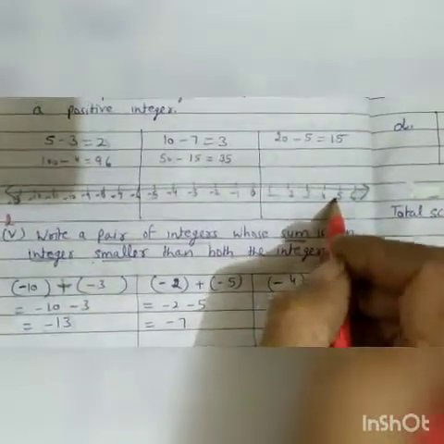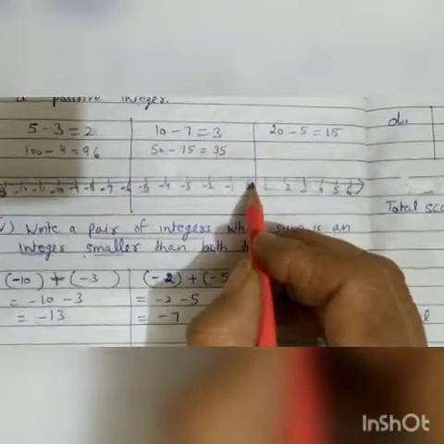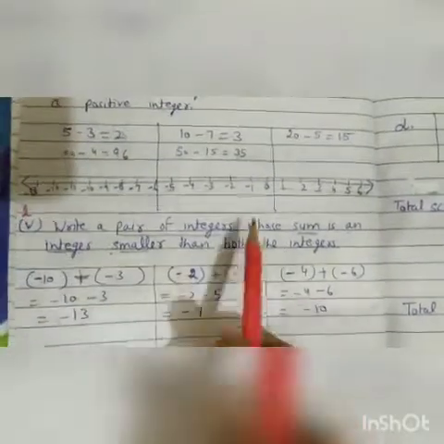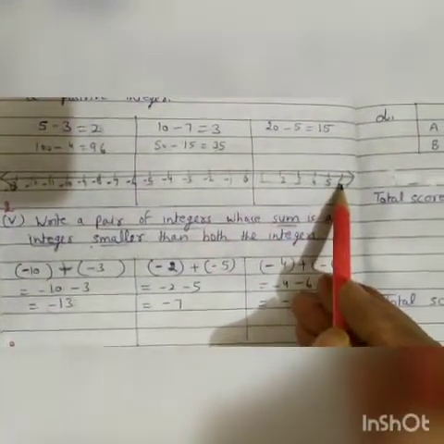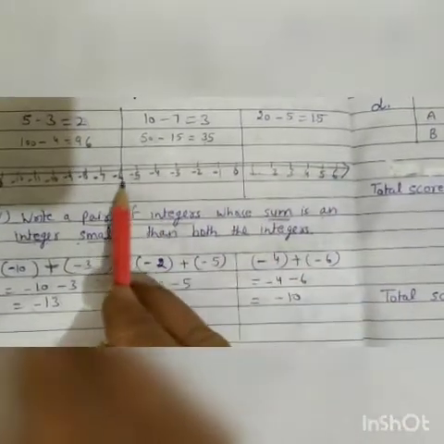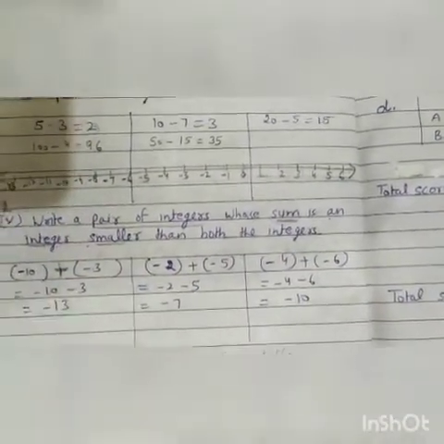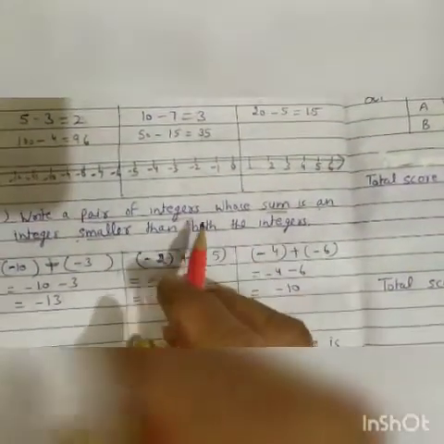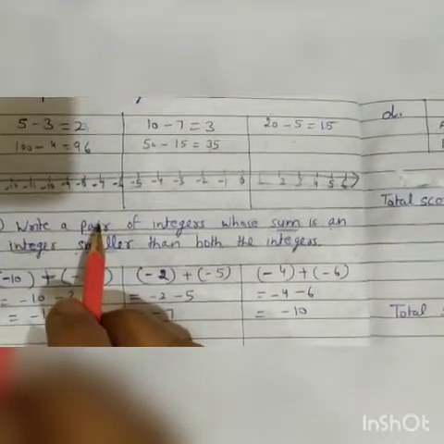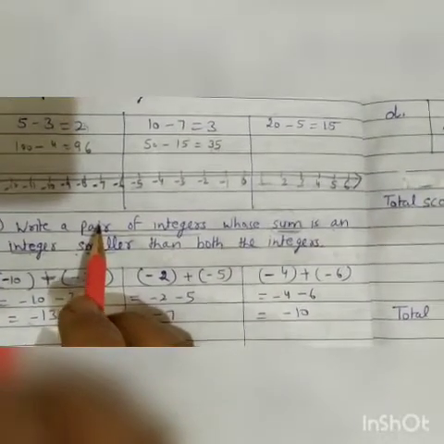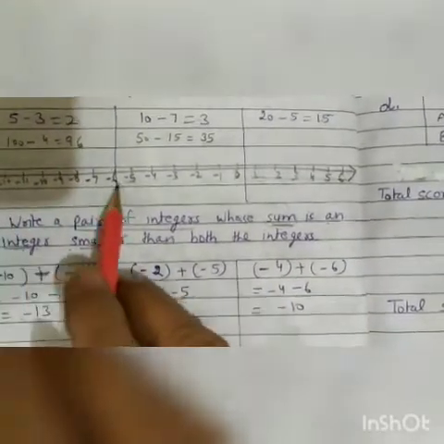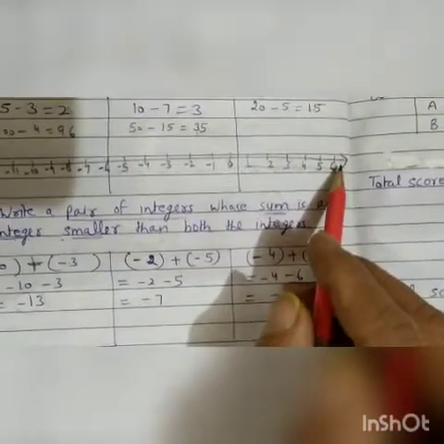Or we can say that as we move to the left side of the number line. Which is the left side? This one is the left side. Suppose we start from here, then we are going this side like this. When we move to the left side of a number line, number becomes smaller. And when we move right side of a number line, the number becomes greater.